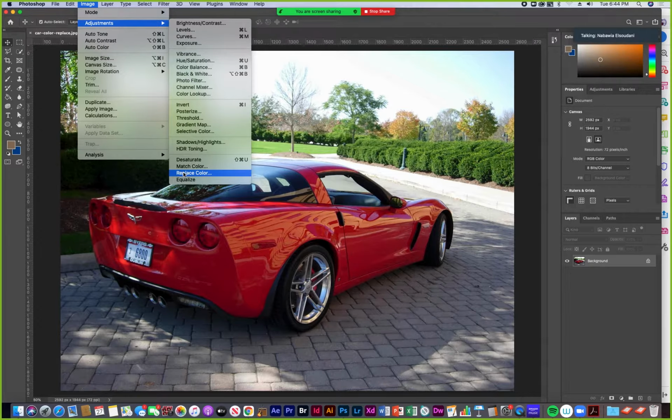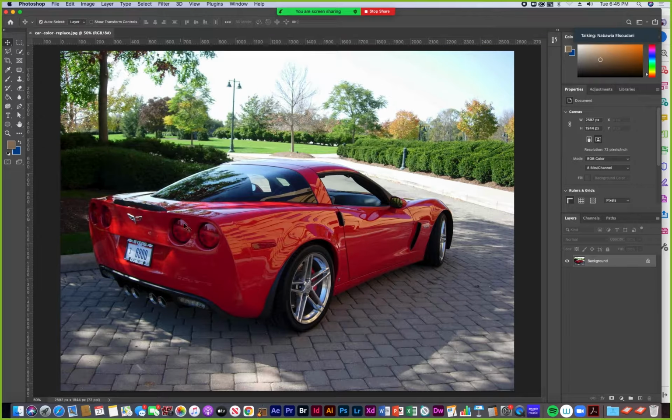But it's going to replace color by selecting a color. And since the tail lights are the same color as the car, you might want to mask out the tail lights first so that they don't get selected. Now, I don't mind if you change the tail lights for the assignment. If you're changing the car green, for example, the tail lights turn green too, or whatever color you choose, the tail lights will change too. I don't mind, but I know some people that's going to look strange. So if you want it to look even more realistic,